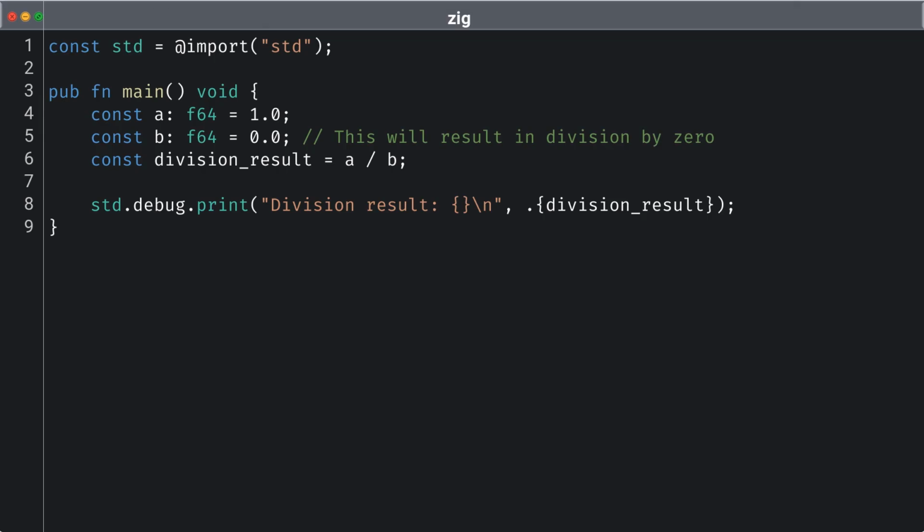However, Zig gracefully handles this situation by returning positive infinity in accordance with the IEEE 754 floating point standard. The output is printed to the console, providing clear feedback of the operation's result. This behavior ensures that the program does not crash and instead continues executing, which is crucial for applications where stability